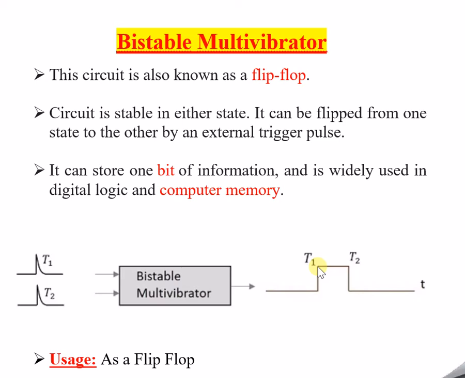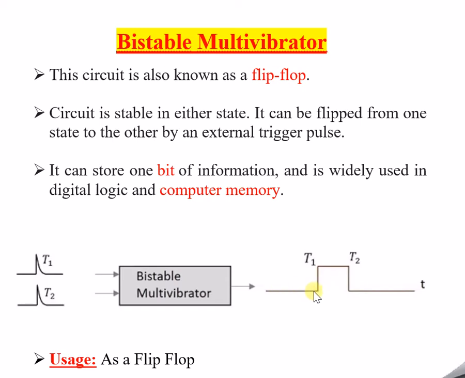So how to decide that? How to flip that? With the help of these trigger pulses. So how to understand the operation of this: first I'll apply the trigger pulse at time t1. Forget about this t2, that we will try to understand later. First of all, only consider this trigger pulse I am applying at the time instant t1 to this bistable multivibrator. Because of this, some signal is already there.